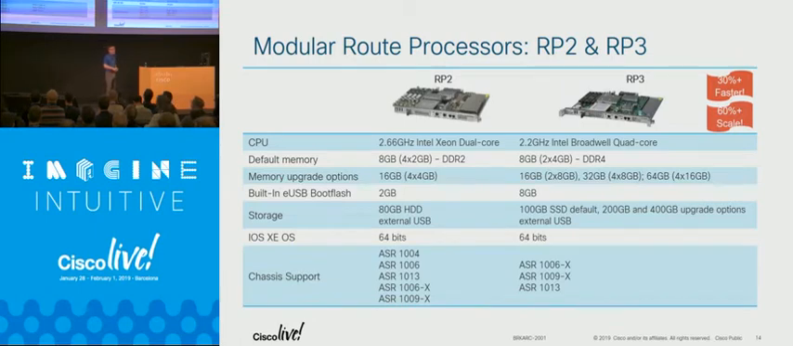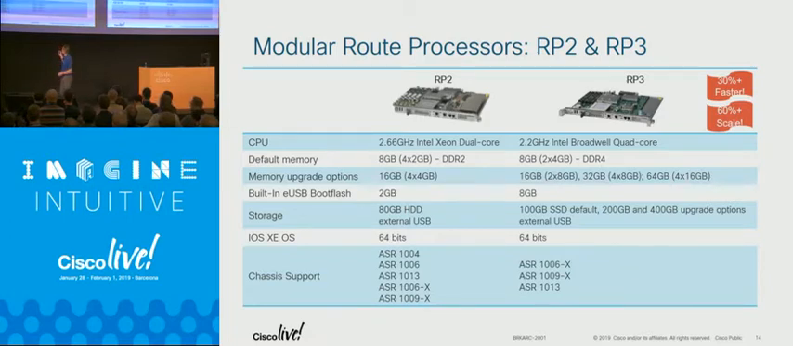The route processor RP3 is the newer one. It's the new generation route processor. It runs an Intel Broadwell quad-core processor clocked at 2.2 gigahertz. The DDR4 memory can scale from 8 gigabytes to 64 gigabytes. This combination, the Intel Broadwell and the DDR4 memory, gives you a system